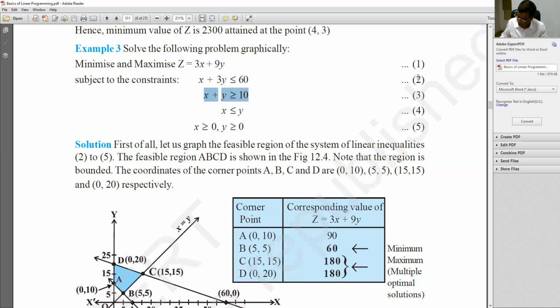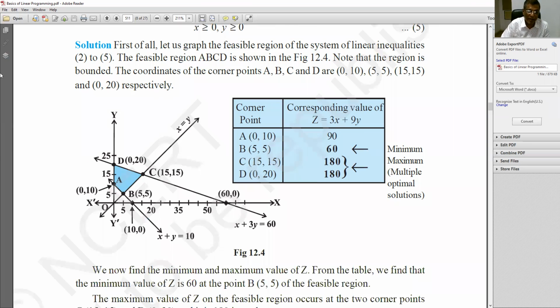So students, here again you have 2 points, 0, 10 and 10, 0. Means you have 4 points with the help of these two equations, and the points are 0, 20, 60, 0, 0, 10, 10, 0. Now come to the graph portion. There is no need to write all these things; whatever is mentioned here is not of your use.